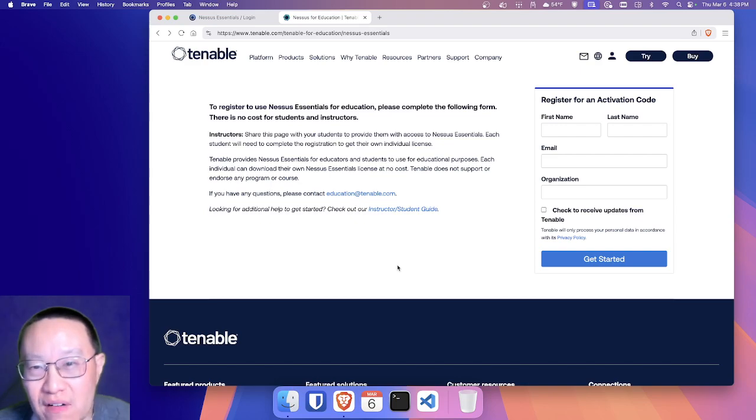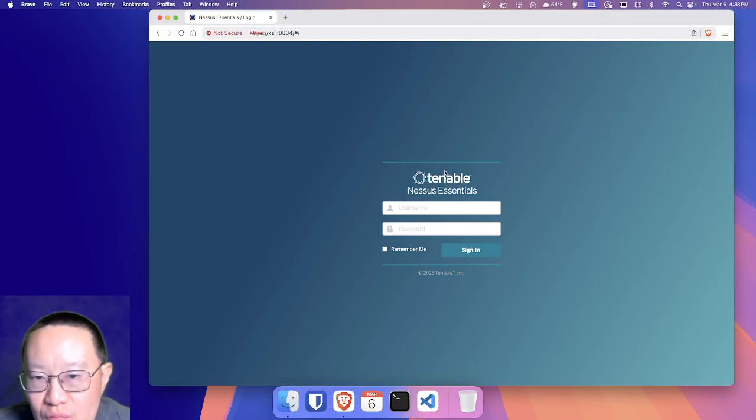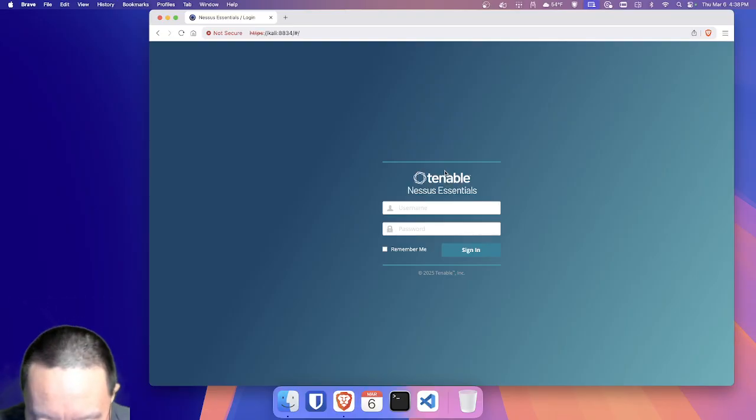On Mac OS, it's an agent that is running on your computer. If you're going to be using Nessus all the time, you've got to have it up and running all the time. So I have an instance of Nessus Essentials running on my